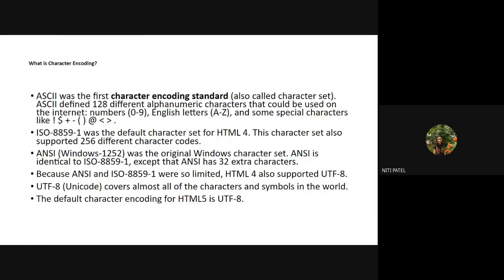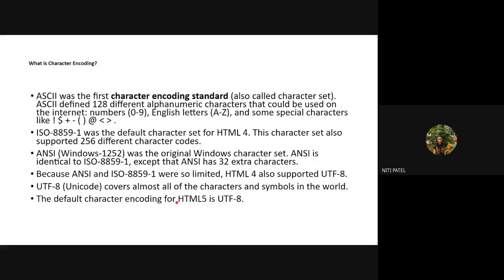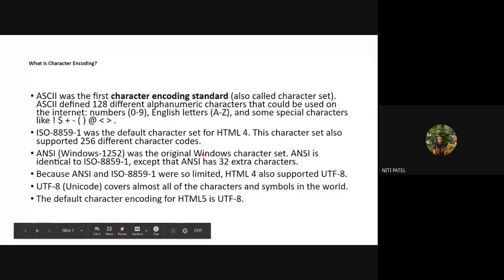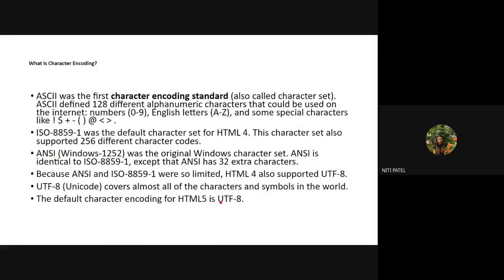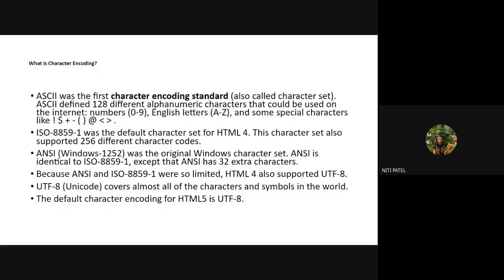Along with this ASCII character coding, you have one more character coding which is used in HTML5, which is UTF-8. All the keys that you find on the keyboard are there in UTF-8 also. So whatever is in ASCII is also in your UTF-8. Along with that, some extra recognition of characters based on different languages is also there inside UTF-8. Now if you want to type something in, say, Turkish language, that is not on your keyboard, but you write in English, it will automatically get converted into that Turkish language.